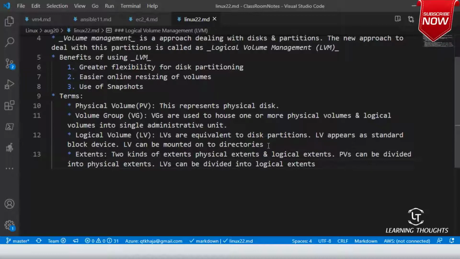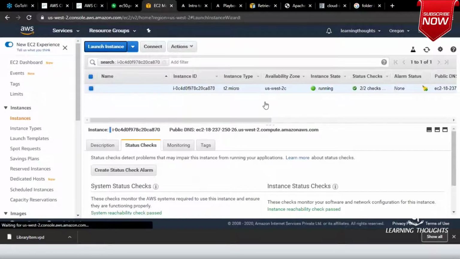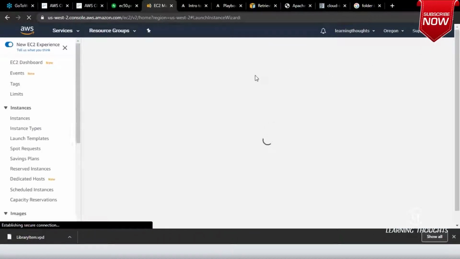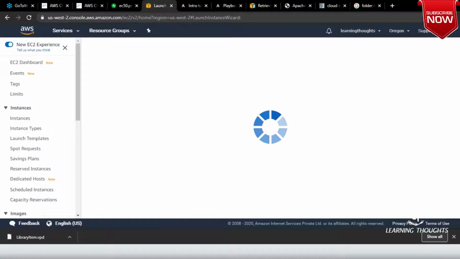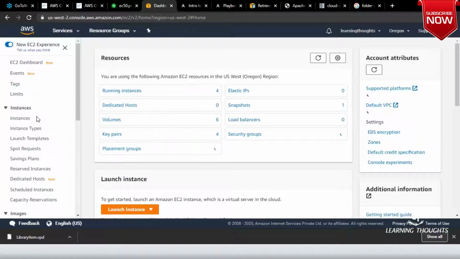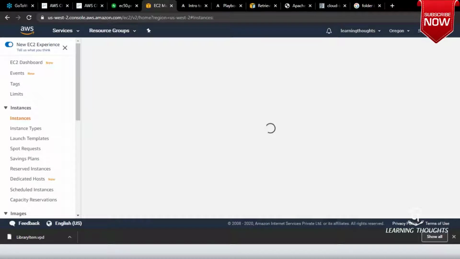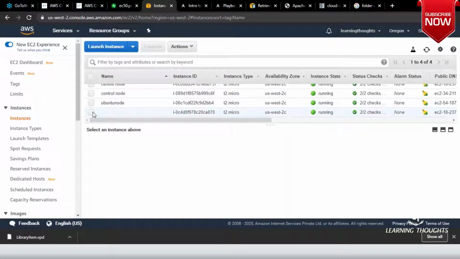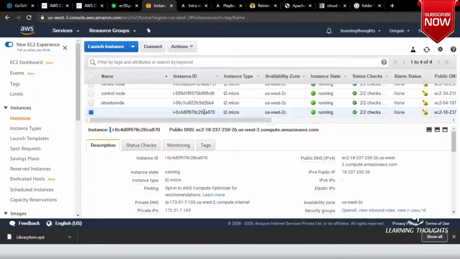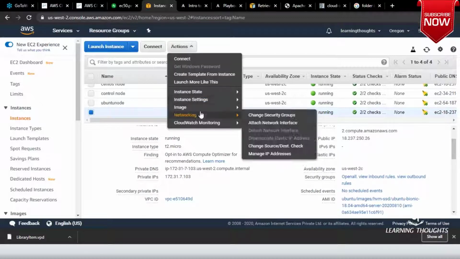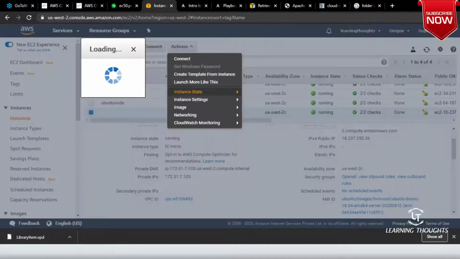Now, I'll not spoil any of my existing machines. Let me go and create one. Let me see how many instances I have first. I have 4. Why did I create the 4th one? Okay, I might have created this earlier, so action, instance state, terminate.